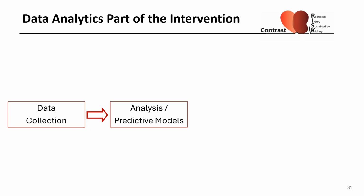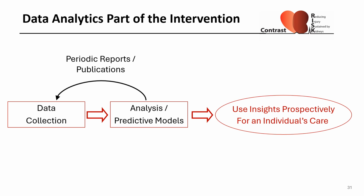Interestingly, in this study, data analytics are part of our intervention. Usually, data is collected in studies. It is analyzed, maybe using predictive models. These findings are then reported back in periodic reports or publications. However, we know that this form of knowledge translation can be very slow and does not often immediately permeate into clinical practice. In our study, we used information from predictive models